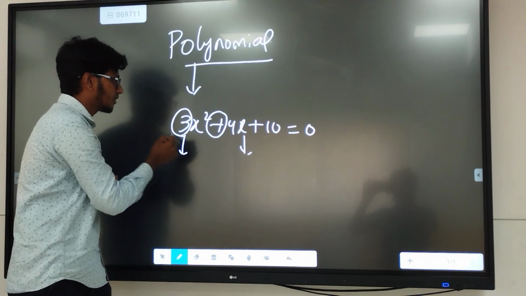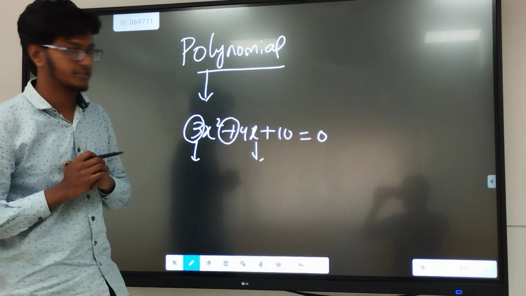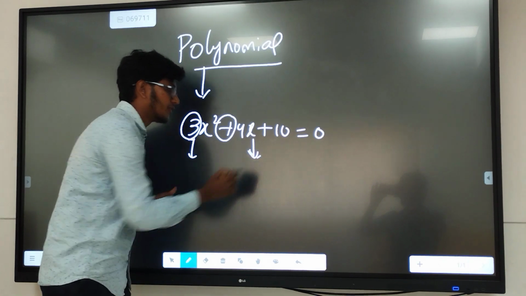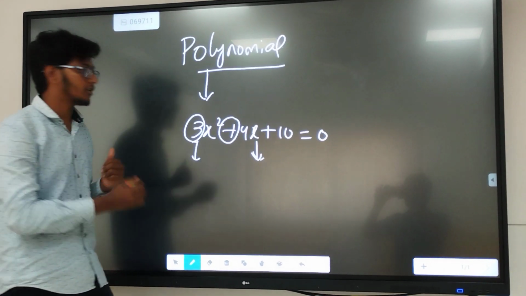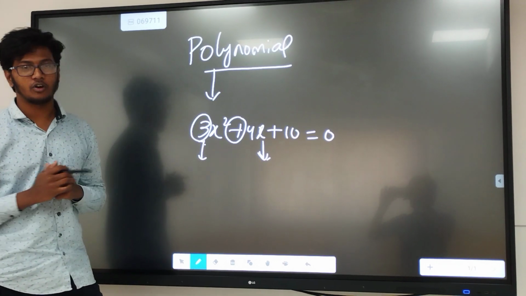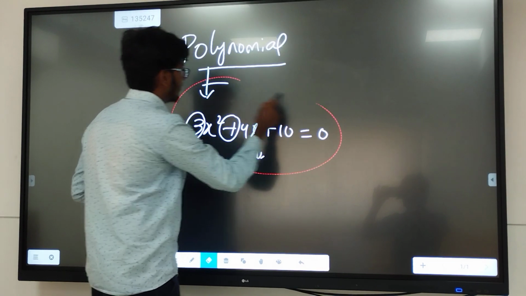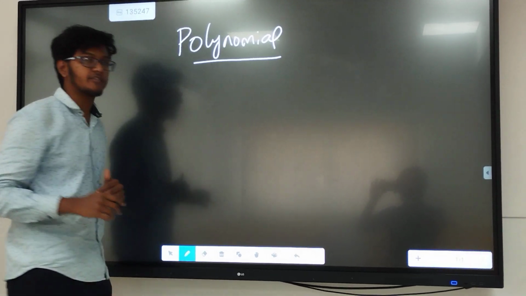So this 3 is a constant. Why is it called a constant? Because for a constant the value will be fixed, whereas for a variable the value is not fixed. So a mixture of constants, variables along with mathematical operations is called a polynomial. And here if you see, this polynomial will be changing for each and every different value.